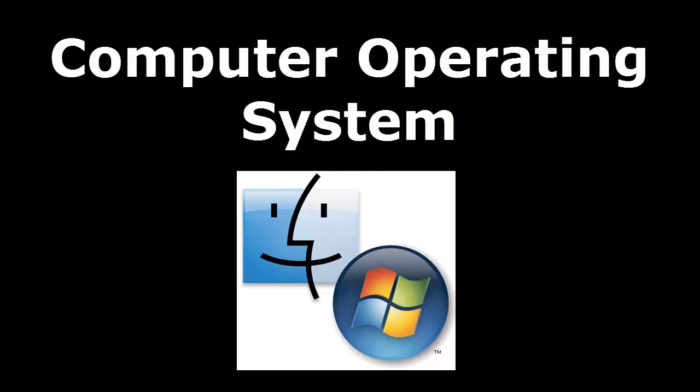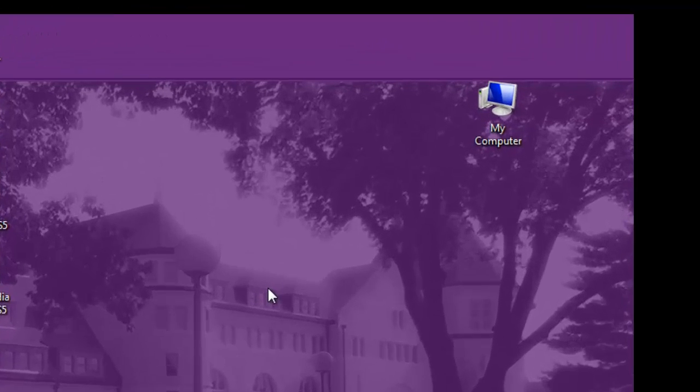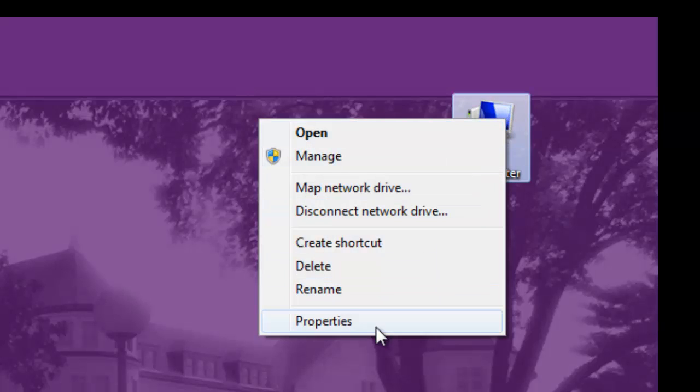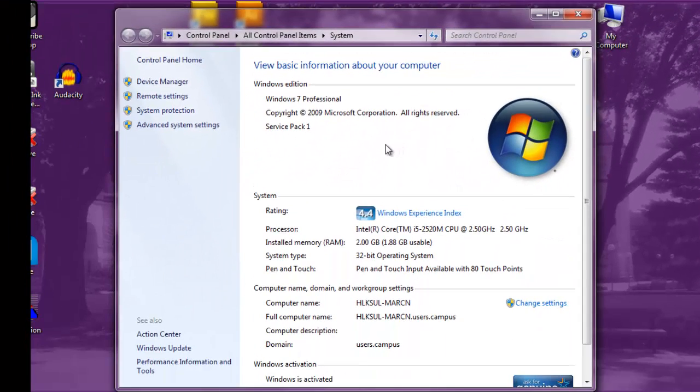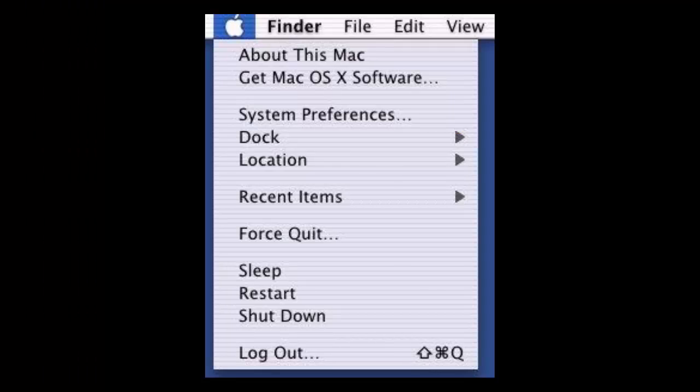You should also tell the support person what operating system you are using on your computer. This can be a little tricky to find if you have never looked for it before. For Windows computers, on the desktop, locate the icon labeled My Computer. Point the mouse at the icon, then click the right mouse button. In the pop-up menu which appears, choose Properties. After a few seconds, the System Control Panel will open. The version of Windows you have installed will be clearly displayed. The process is very similar on Macintosh computers, starting with the Apple menu in the upper left-hand corner of the